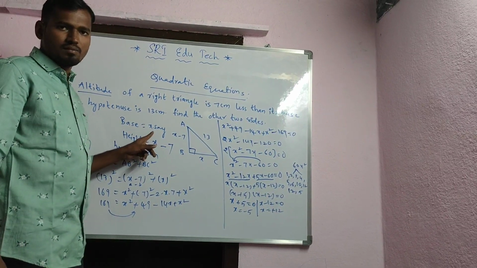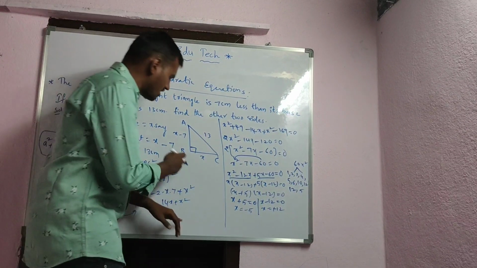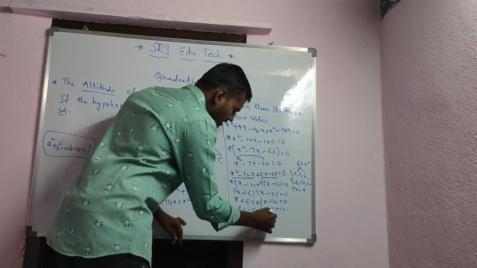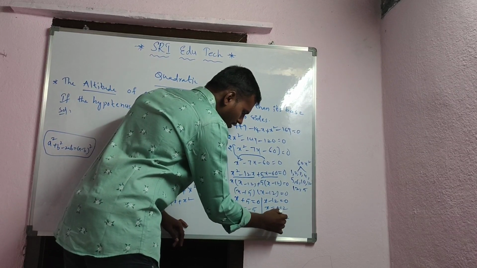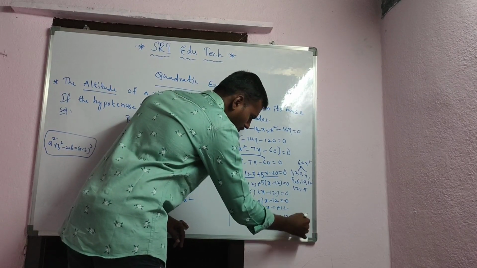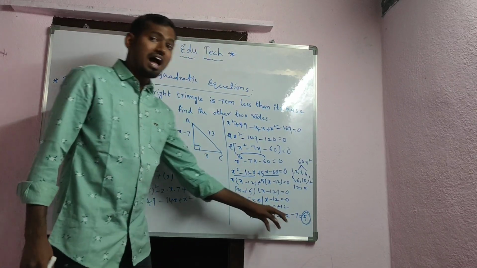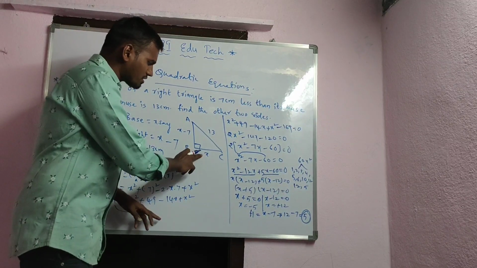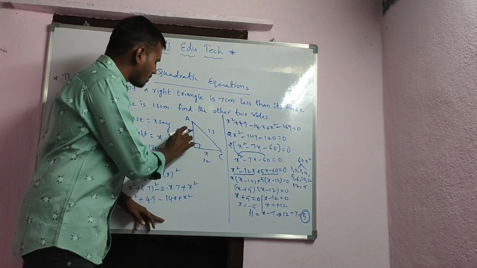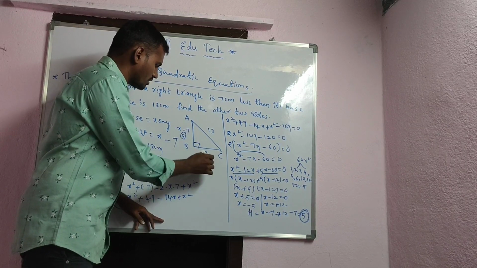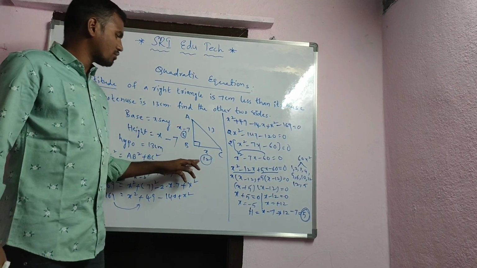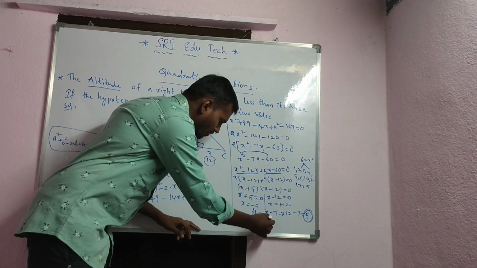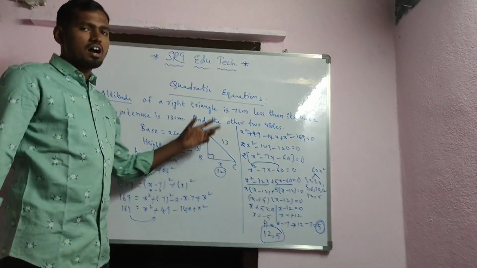Base is the x. Okay, then what is the height? See, substitute in x minus 7, so the height is x minus 7, 12 minus 7 is equal to how much? 5. So therefore 5 is the altitude. Altitude is nothing but height. Okay, right, this is how much? Base 12. This is how much? Height 5. Okay, so these are the remaining two sides, 12 comma 5. Right, so this is the answer for this question.